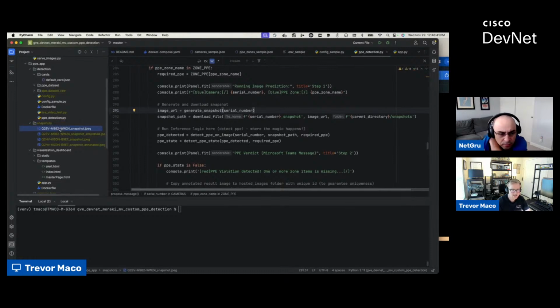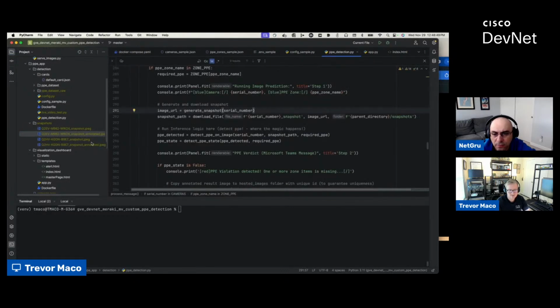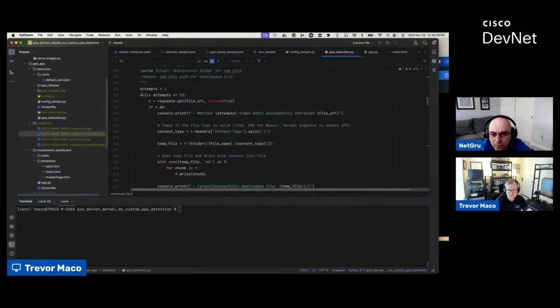And you'll see the snapshot as well as the result of the machine learning model, which is this annotated snapshot. In this case, I wasn't able to detect anything, but that would be where the bounding boxes are drawn on that actual snapshot. So the download method, again, pretty standard, just attempts to use that URL and attempts to